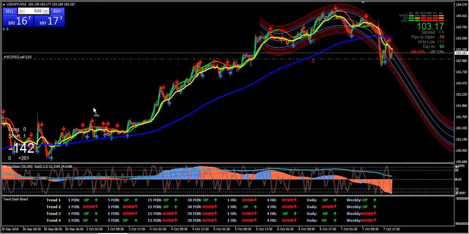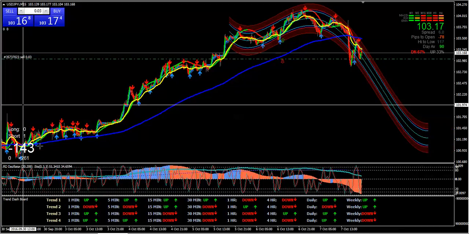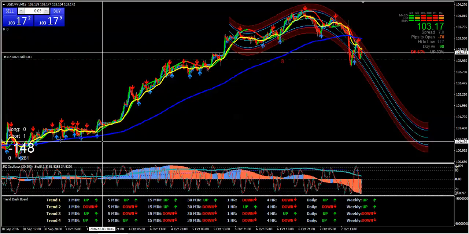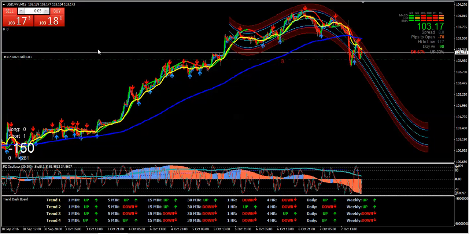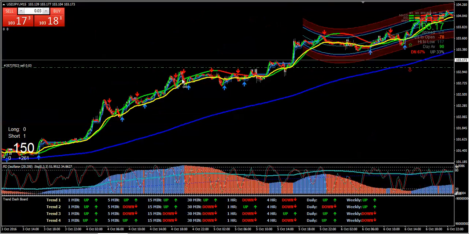Now you could have entered back in here when it first crossed over, and then if you got scared thinking it was going to come down and cross over, you would have entered here, and then when you would have gotten out, you would have still made 272 pips in profit. That was the ninth, and then the 30th of September, and then you would have gotten out on the 3rd of October. So you would have been in it for a few days, but you would have still made 256 pips in profit. Now, if you would have gotten out there,